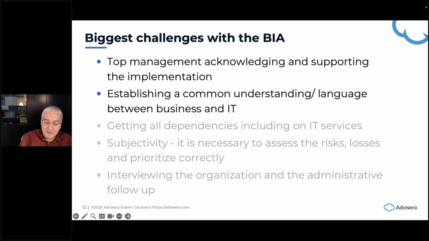And I would say that, again, business impact analysis is not going to resolve all of your, let's say, misunderstanding in the company, but it will help up to a point for these two sides to understand each other a little bit better. So I think that the business impact analysis process itself could be a kind of solution to this. Another challenge is usually getting all the dependencies, including on IT services, and this is very